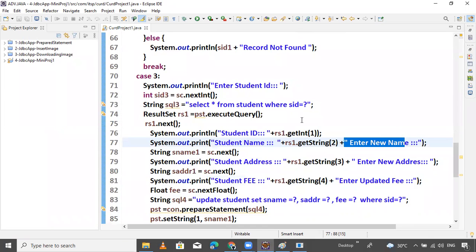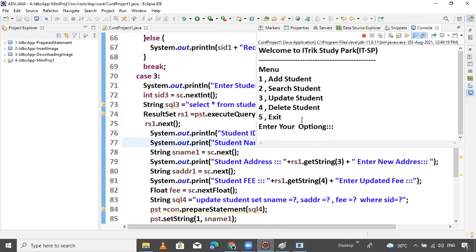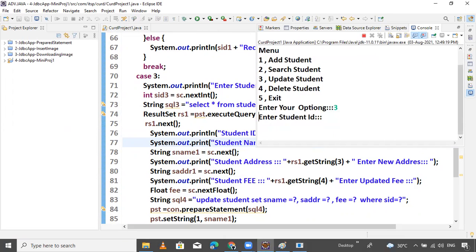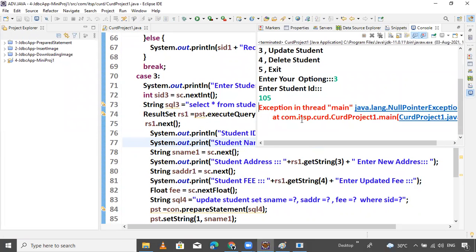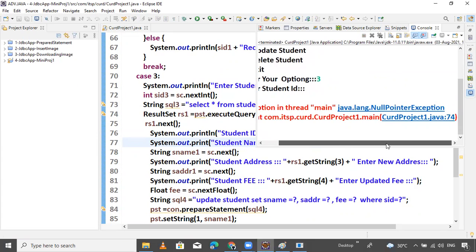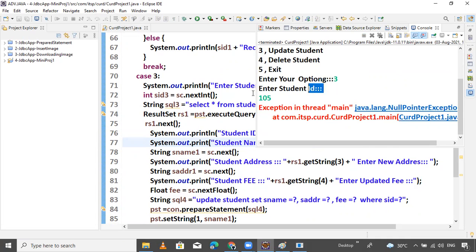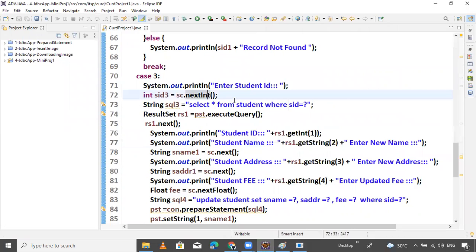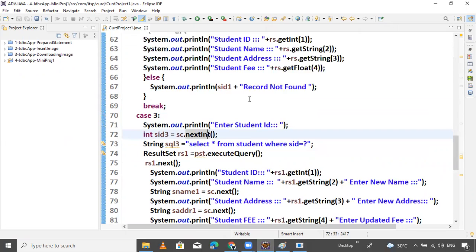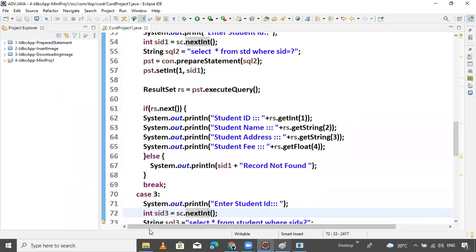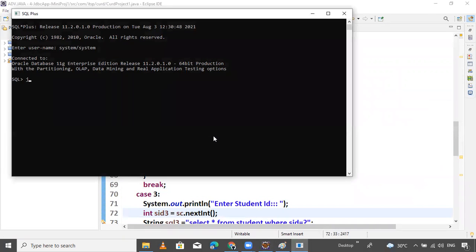Control F11. Only execute third module. First, I want to insert one record, now 105. Null pointer exception. It means this data is getting a null pointer exception. Why? First of all, let me check the data is there.